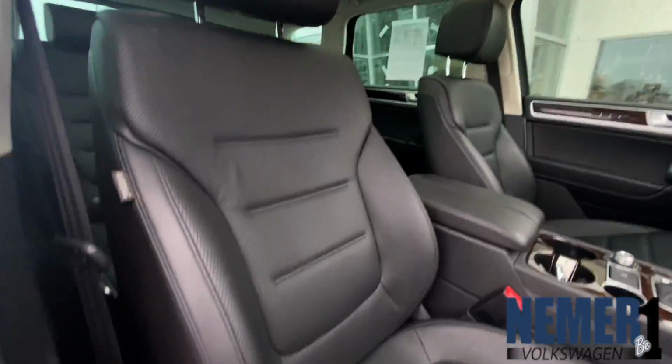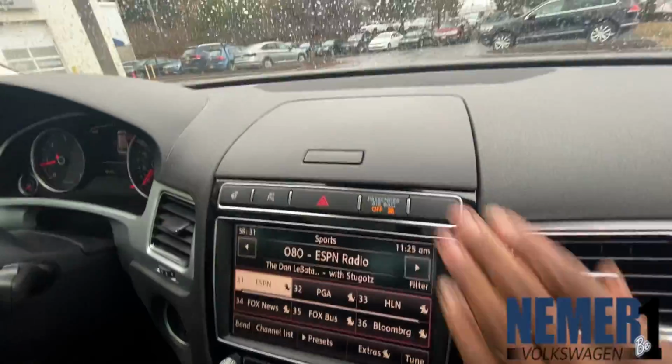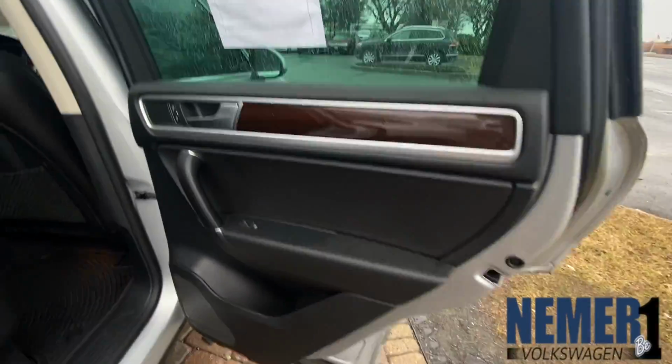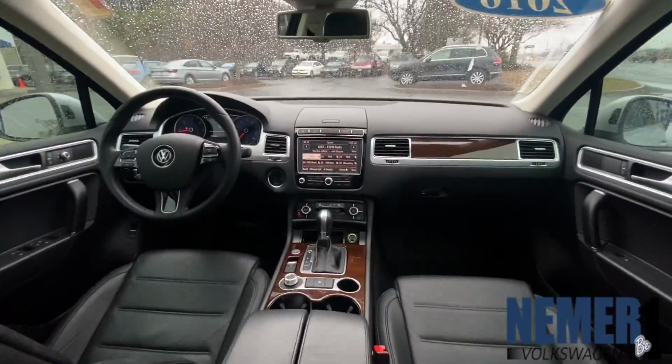Currently, we have this beautiful certified pre-owned 2016 Volkswagen Touareg Luxe Edition. This all-wheel drive SUV comes with a 3.0-liter V6 TDI diesel engine with an 8-speed automatic Tiptronic transmission with driver-selectable modes. You get 21 miles per gallon in the city, 28 miles per gallon on the highway, front and rear